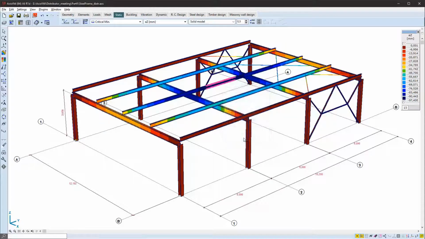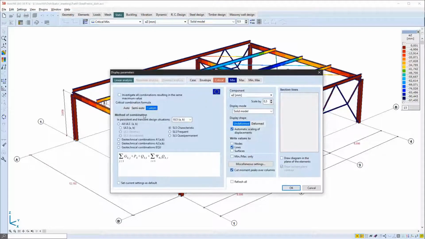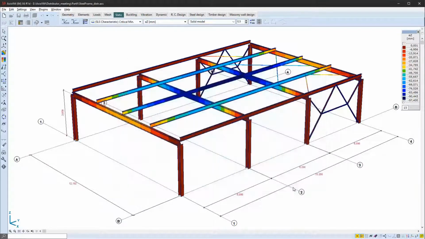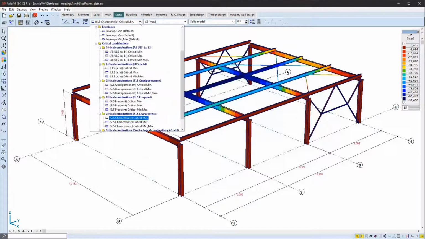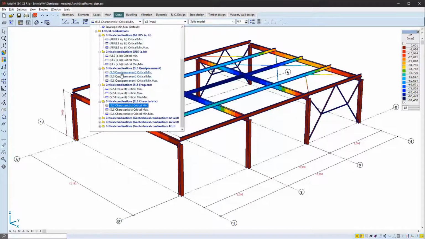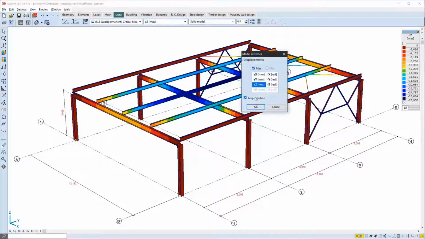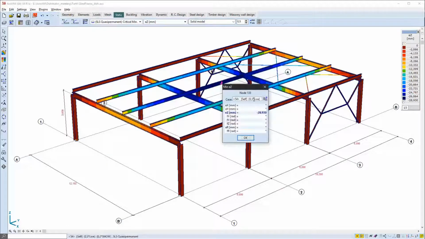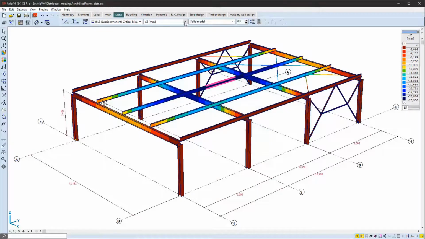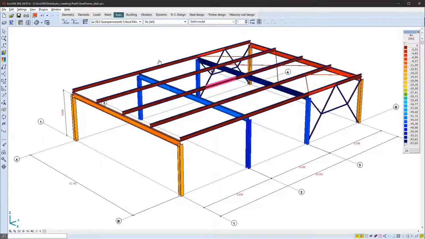If we set the critical combination formula to custom, that will mean that each result formula will be listed in the drop-down menu, and there we can individually check the results for each combination formula.